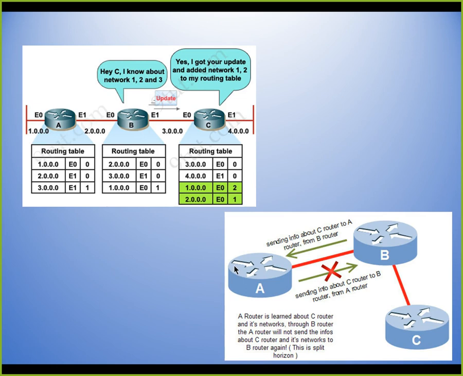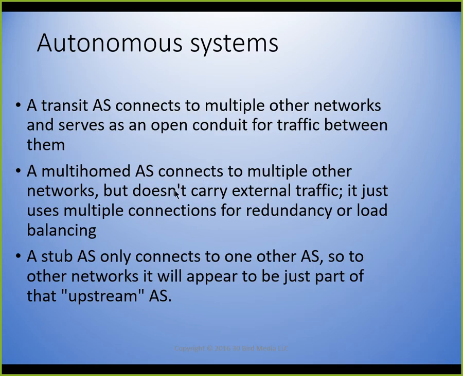So you can't tell a router back the routes that it told you, is essentially what that's saying. Autonomous system here, we're talking about BGP, Border Gateway Protocol, the protocol of the internet. So a transit autonomous system connects multiple other networks and serves as an open conduit for